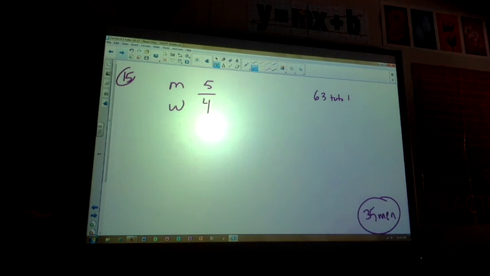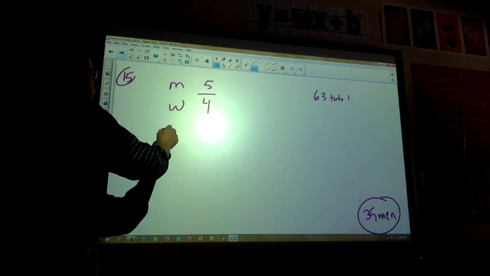I think we have to change the ratio to be either all men or all women. Being we're trying to solve for men, we'll keep it as men. So if the ratio